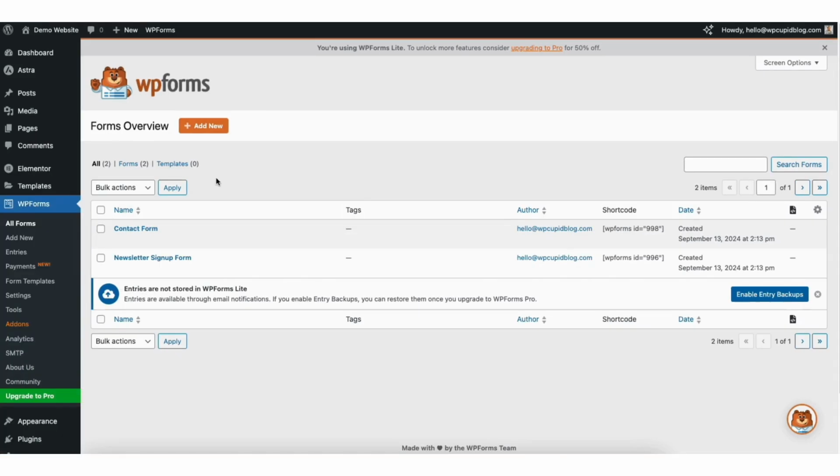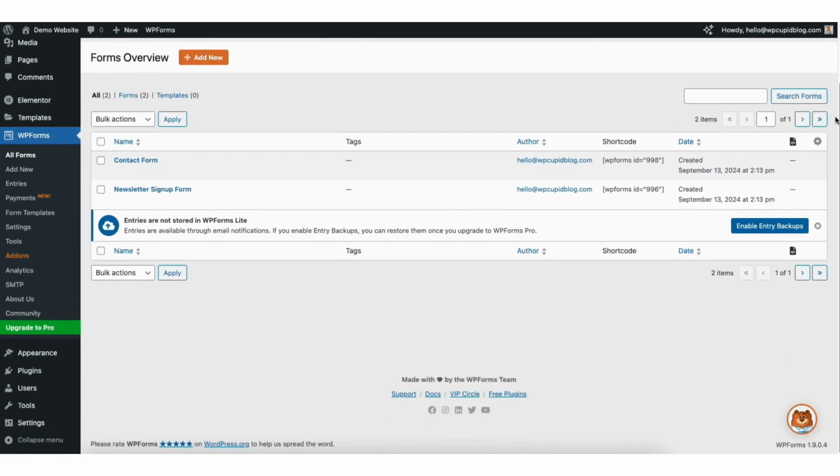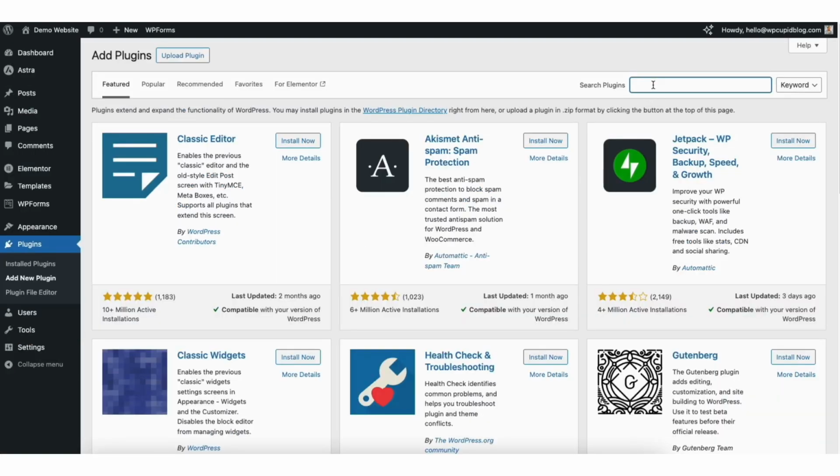Now I want to go over how to sell books on your site and how to accept payments along with setting up the shipping and taxes for it. To sell books on your site, we want to start by installing WooCommerce. Hover over the Plugins tab in the left side menu. Click Add New. Type in WooCommerce.